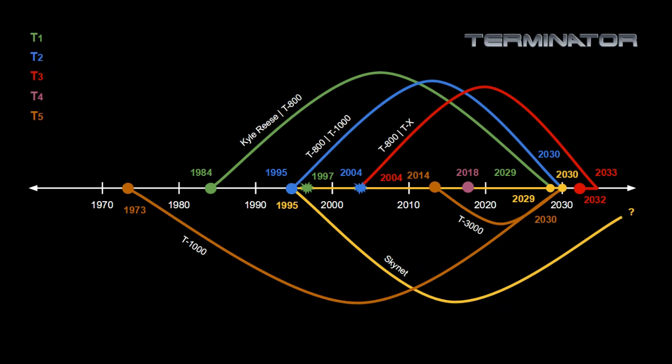Skynet probably had the opportunity in the meantime to prepare the T-1000 prototype that would have been completed by 2030 using the technology that was available but not activated because the original Skynet was shut down. That was when Skynet T-5000 decided to send the T-1000 back to 1973 to kill Sarah Connor as a child in order to tie up loose ends, and then sent John Connor back to 2014 to help Miles Dyson create